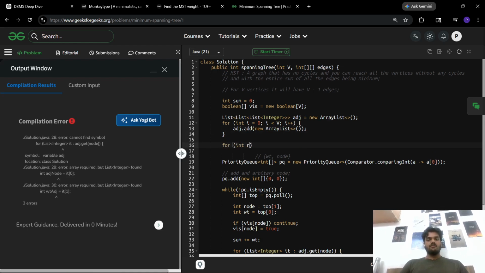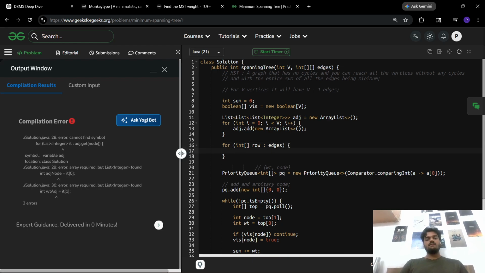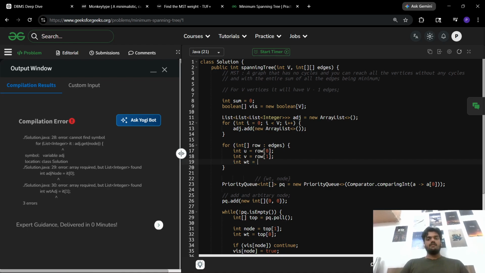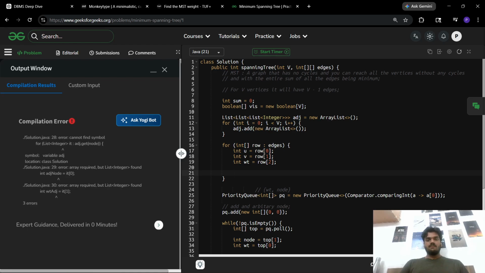Then for each row in edges, u equals row of 0, v equals row of 1, and weight equals row of 2. And then get u dot add